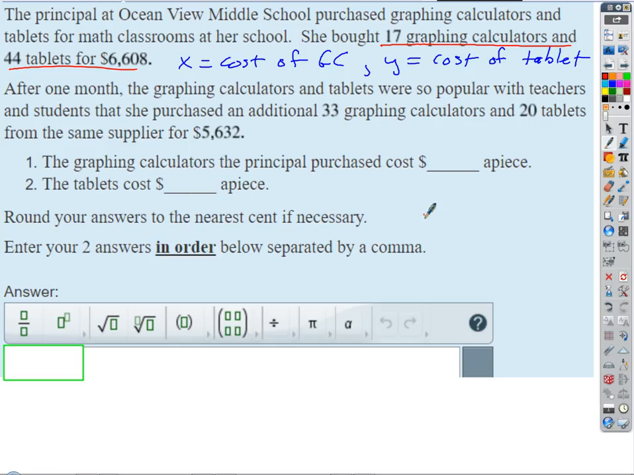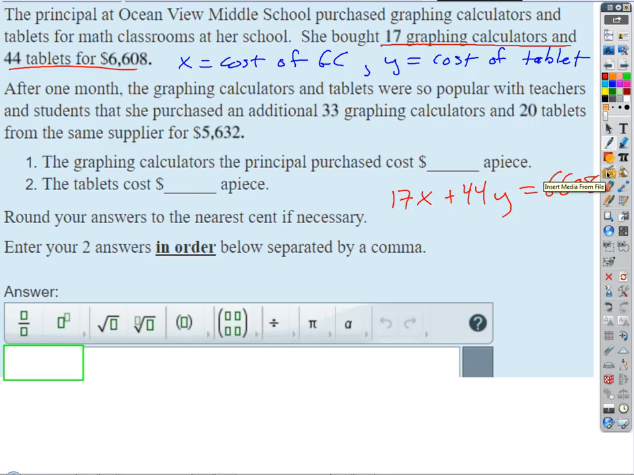Oh, you multiplied by the cost of a graphing calculator, right? Well, we don't know what that is yet. That's X. So wouldn't the cost of the graphing calculators just be 17X? Right? So what's going to be the cost of the 44 tablets then? 44Y, because Y represents the cost of one tablet. So 44 tablets times the cost of one tablet, and that total is